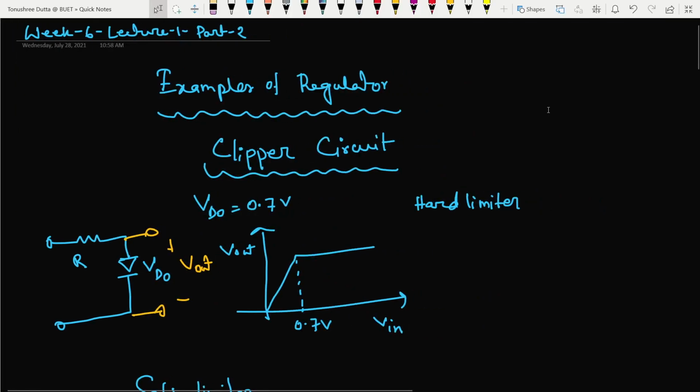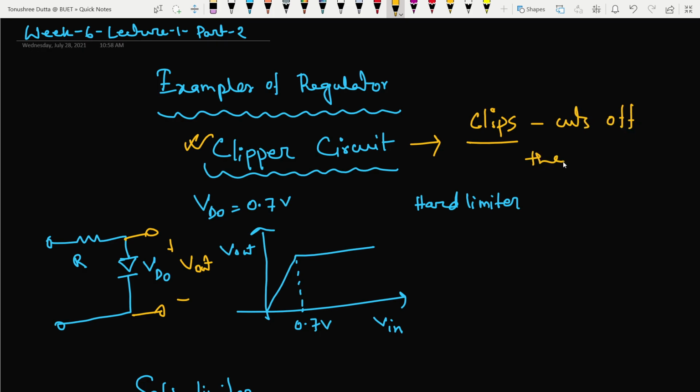Now, coming to part 2 of lecture 1 of our week 6, where we are going to study voltage regulation. For examples of different regulators, first we need to introduce a certain topic, that is a clipper circuit. So what does a clipper circuit do? A clipper circuit just clips, or cuts off, the signal